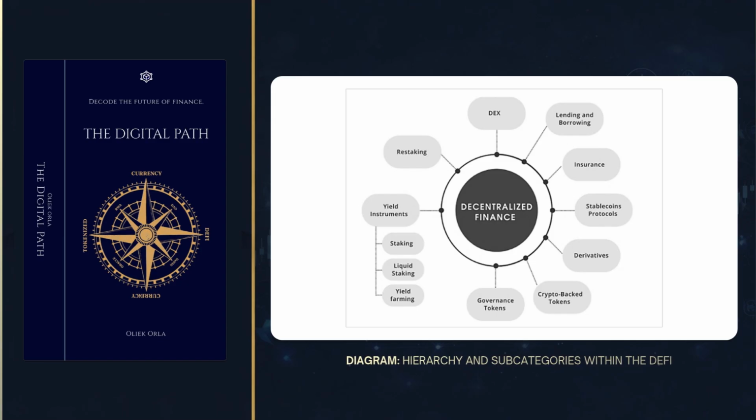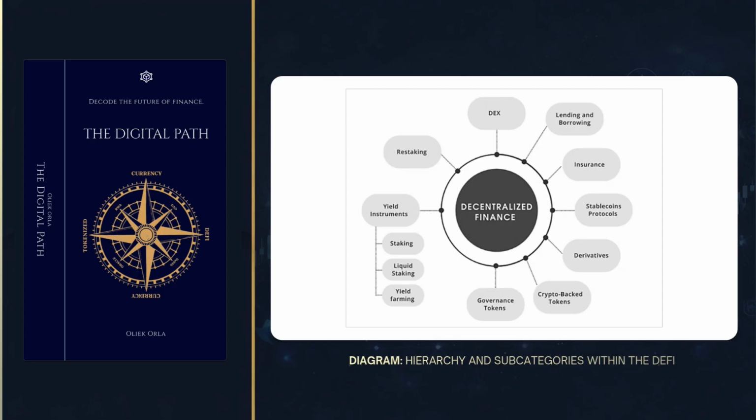Lending and borrowing. This sector recreates credit markets in a decentralized environment, allowing users to lend assets or borrow against collateral without intermediaries or credit checks. Loans are typically over-collateralized and executed automatically via smart contracts. For example, an ETH holder can use it as collateral to borrow stablecoins without selling their position, preserving exposure while unlocking liquidity. This mechanism allows capital to remain productive instead of idle, fundamentally changing how assets are utilized. Examples: Aave,